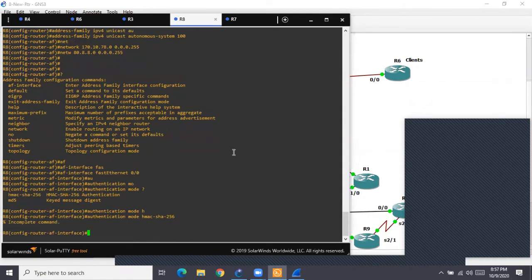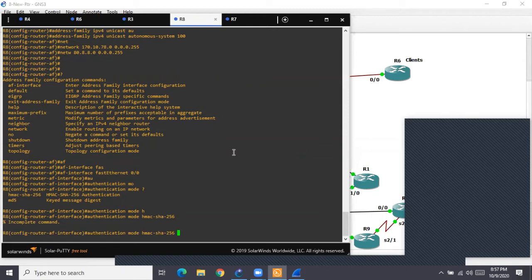And if you see now, the moment I say HMAC SHA, there is an incomplete command. For MD5, the command was accepted. Why? Because MD5 requires a separate key. But here, you need to specify the key password straight away, in one single line. That means for SHA authentication, you don't require the keychain. So it is slightly easier, one single command for doing the authentication.